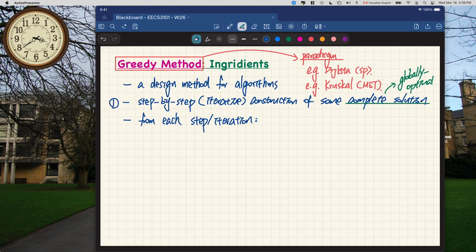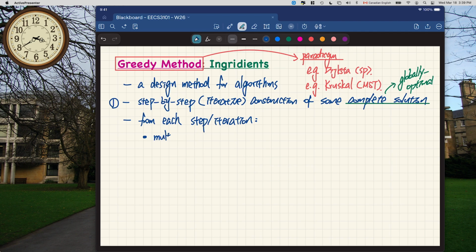Okay, there are three things we want to watch out for, right? Three things related to what kind of work we should do between the iterations. Number one, there will be multiple choices available to you. Let's say, for example, in the Dijkstra algorithm, you got so many vertices in the priority queue. You got so many choices, but which one should you pick? There's got to be some criteria, right? So, number one,